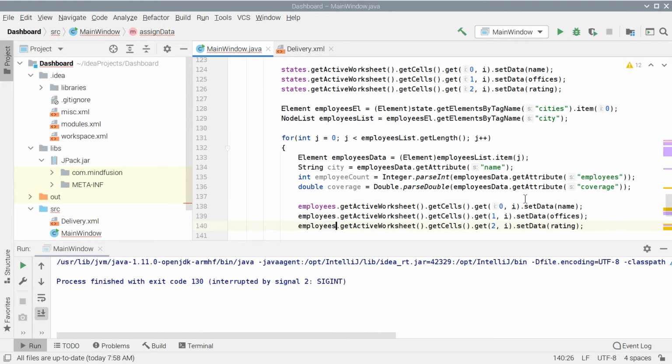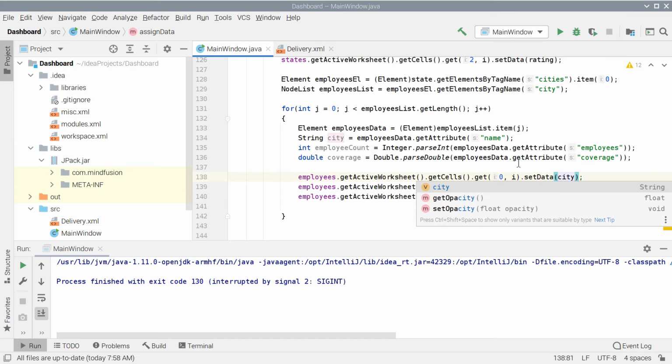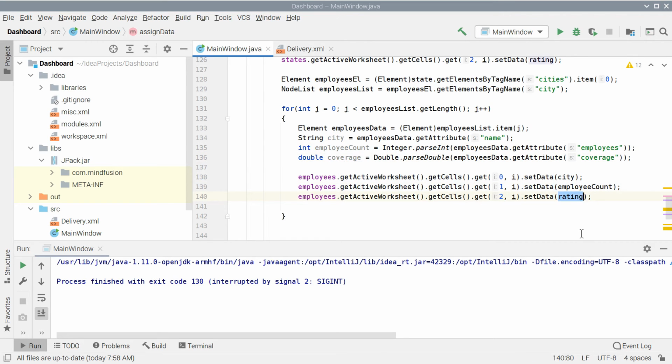At the end, we assign the new values to the cells at the respective column in the second grid.